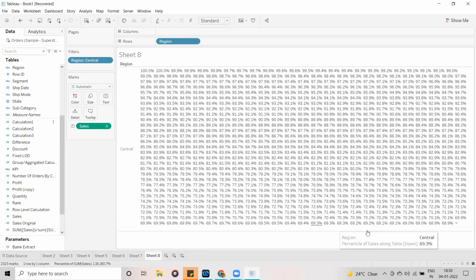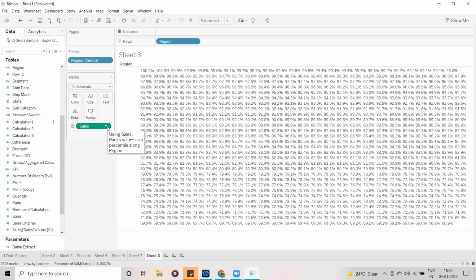So it is showing some percentages, meaning the values below this fall under 69% or so. The percentile is nothing but how many values fall below this, and on top of that it calculates the percentage. Briefly, I will explain how I can calculate this percentage tomorrow, guys.